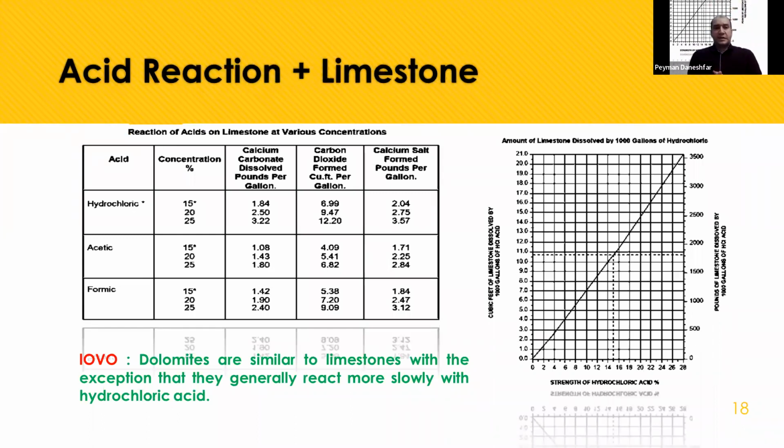Here is a table that shows you some concentrations of the acids: hydrochloric, acetic, and formic. We have some concentrations that we use in acidizing. For HCl acid, 5, 10, 15, or 28 percent is normal and we use it every time. If the concentration of our acid increases, our reaction with the formation will increase, and the dissolving power